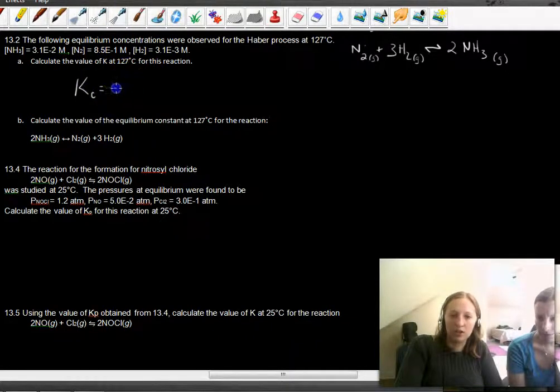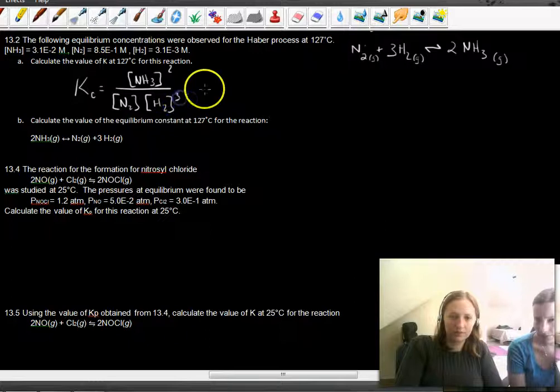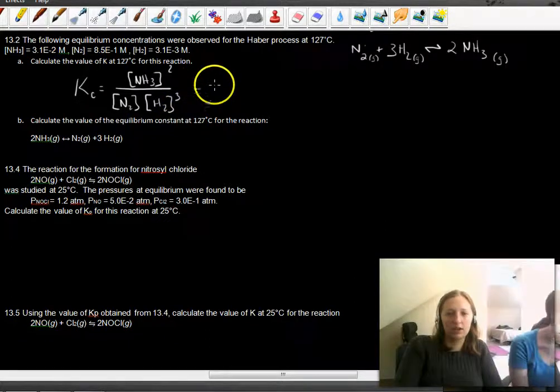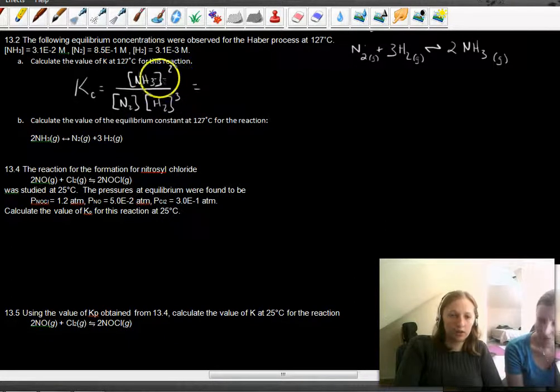Our equilibrium expression is ammonia squared over nitrogen by himself and hydrogen cubed,